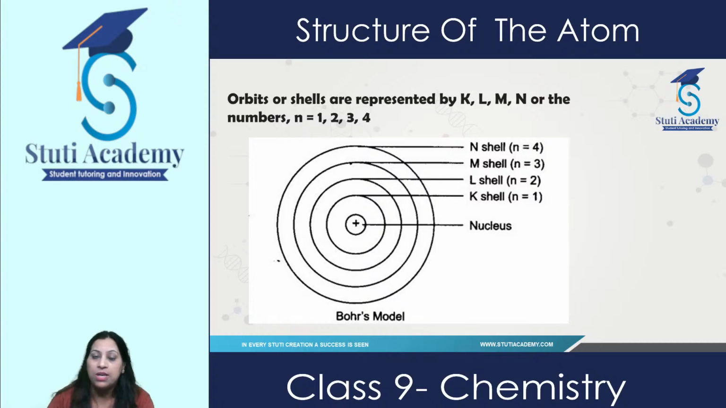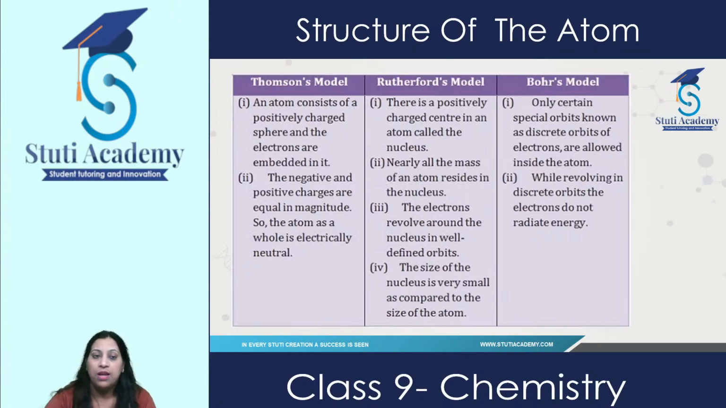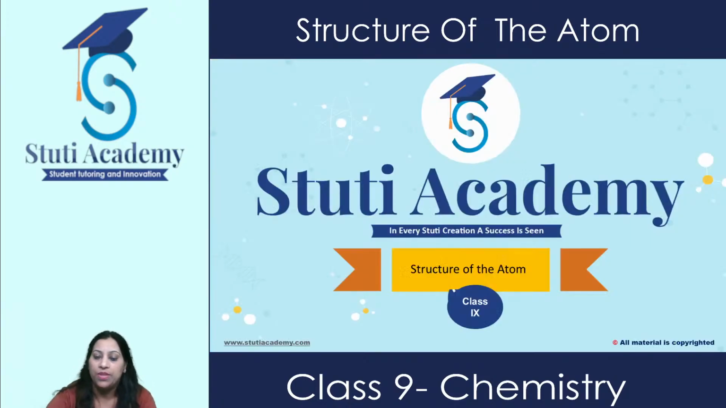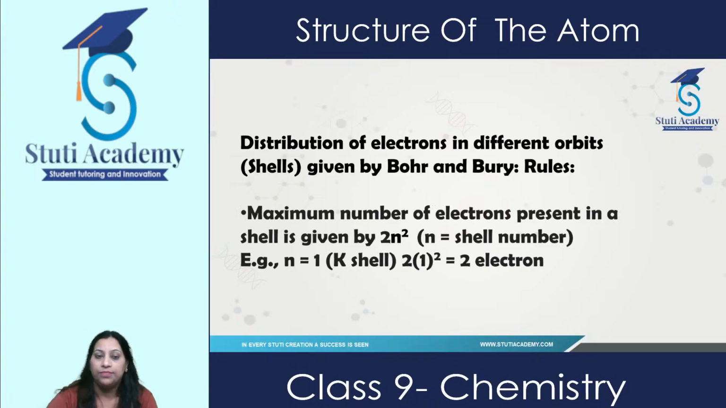According to this model, the nucleus is present in the center and the electrons are revolving around it in particular orbits. And when they are revolving in particular orbits, they are not radiating any energy. So this was cleared by Bohr, which was not cleared in the Rutherford experiment. So these models I have explained, and this is the comparison of different models related to the structure of the atom. Now in today's class,